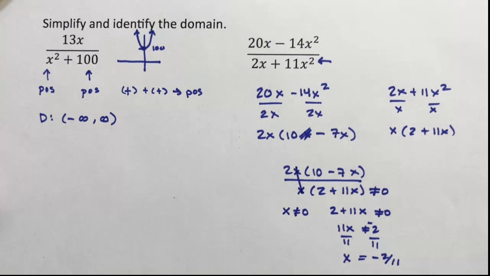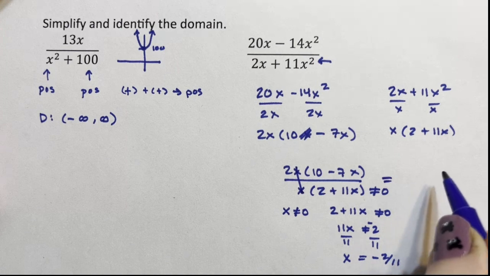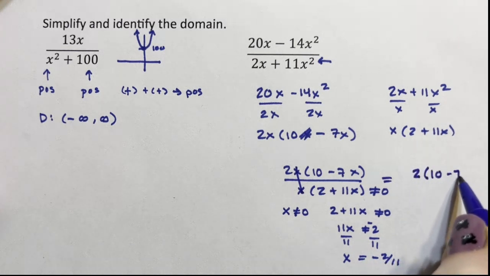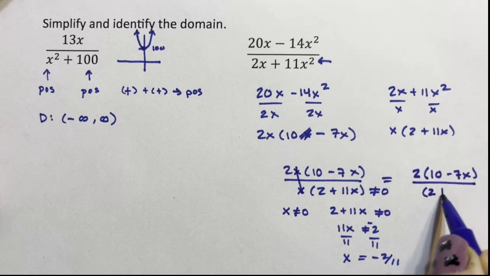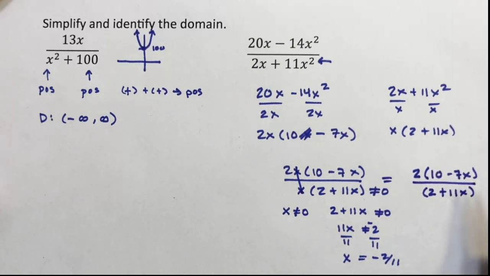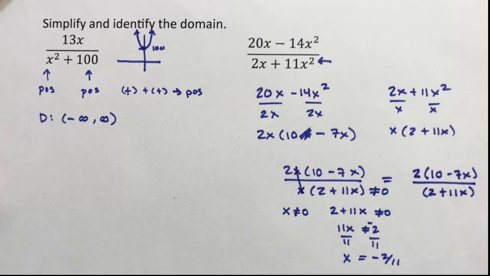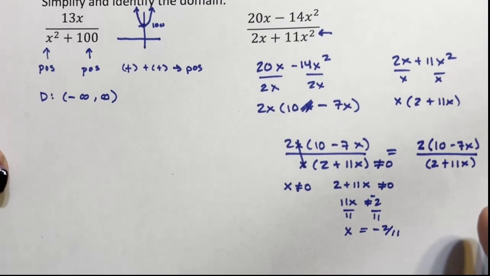x divided by x is 1. They cancel out. And this can be rewritten as 2 times 10 minus 7x divided by 2 plus 11x. The 2's can't cancel because this 2 is multiplying, this one is adding. They are not the same 2. Now, as for the domain of my